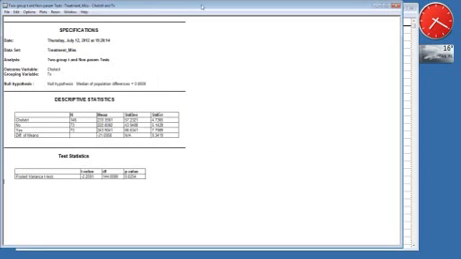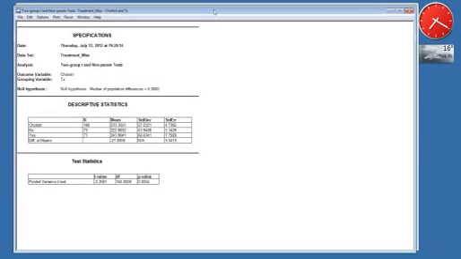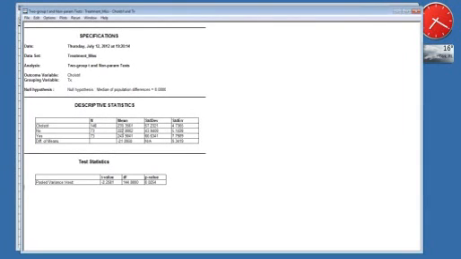And then we have the output window that gives us a table for the number per group, the mean for each group, standard deviation and standard error, and then we have a simple test statistics table. We can add more, there's options to add more to the output, and we can also do some stereo plotting features here. But as we can see here, the mean value for the no group is 222.8, and the mean